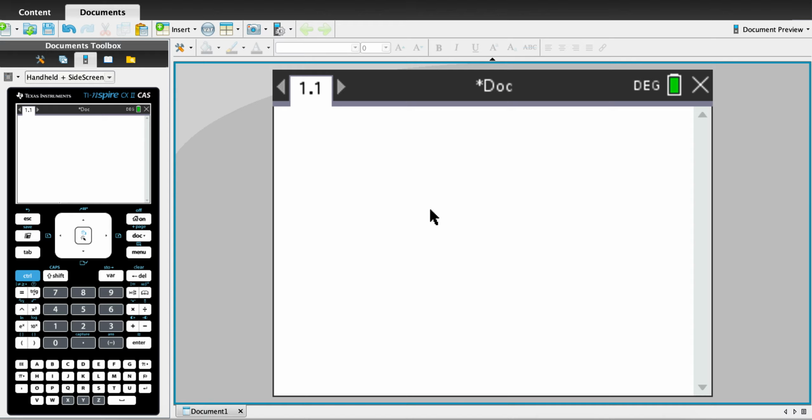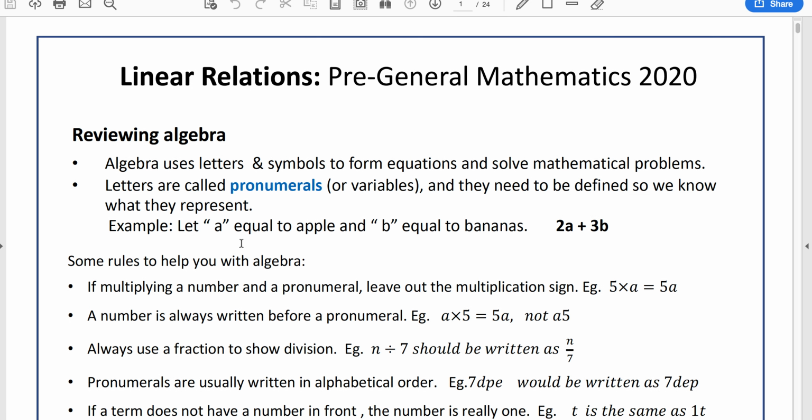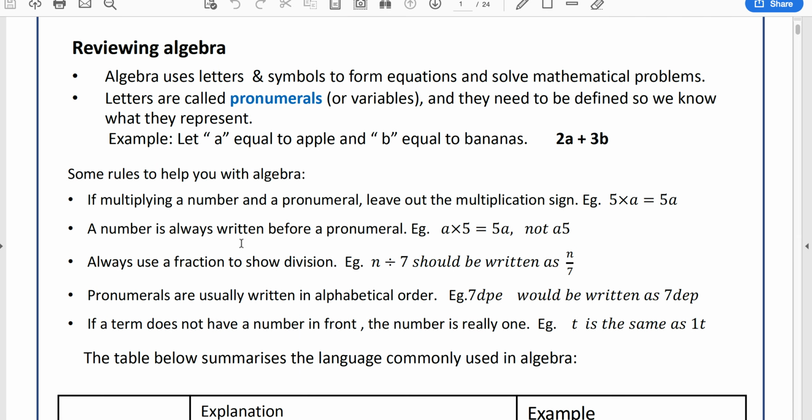In this first lesson, you're going to discover a really neat function that your calculator has in regards to solving equations. Now, before we do get to solving, just a quick review of algebra. Obviously, it's used extensively at this level of mathematics. It's a range of letters and symbols that are used to form equations or expressions, and we use algebra to solve problems. So those letters that we use, we call them pronumerals, or I might use this term variable sometimes